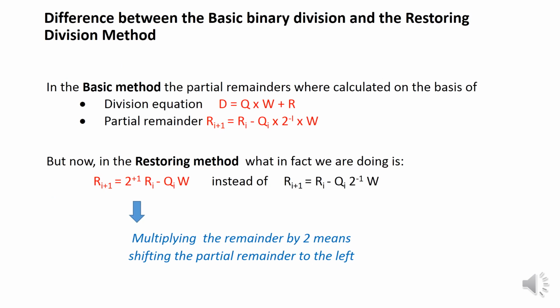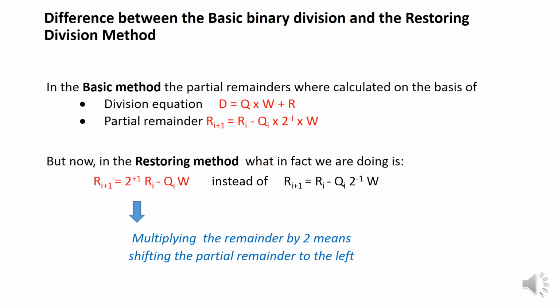As seen in the previous video, in the basic method, the partial remainders were calculated on the basis of this division equation and this partial remainder equation, where D is the dividend, Q is the quotient, W is the divisor, and R is the remainder. But now in the restoring method, the division equation is the same, but the remainder equation is different. What in fact we are applying is this equation instead of this equation,